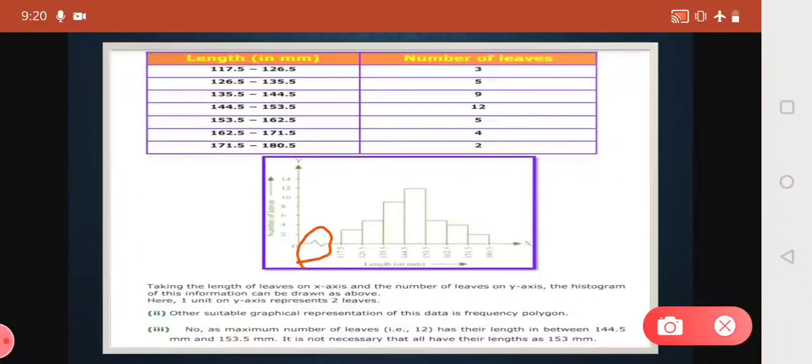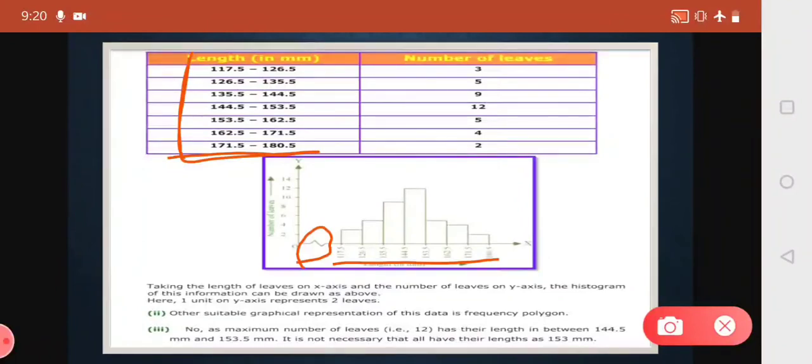Yes, you can see that all these lower limits given here are mentioned on the x-axis. You will mention till your highest, but when you are writing, you should take this L shape. This L shape: you will take all the lower limits and the last upper limit. After that, make the bars for each class interval, and you have to join all the bars without leaving gaps in between.